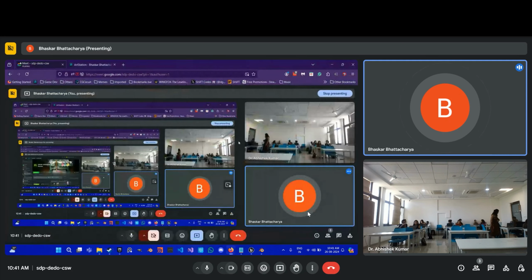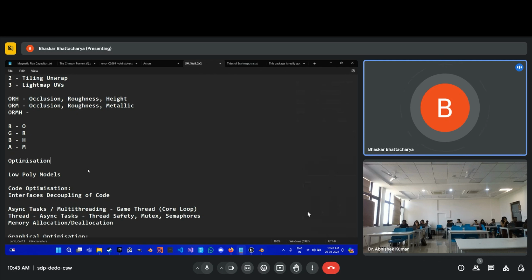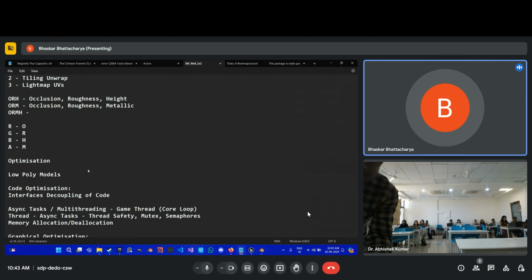Okay, so optimization is a very complex term. Usually I have seen people just wondering that optimization means that we use low poly models and low resolution texture, but it is obviously not that simple. Optimization is a very complex subject, and especially when you are working with tools like virtual reality headsets, you will realize that if you make any kind of even mediumly large environment, you will have very severe performance issues,